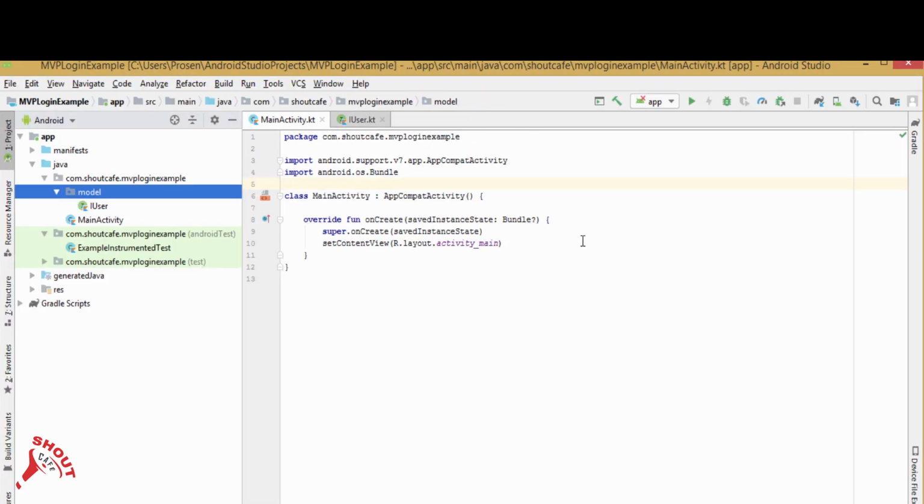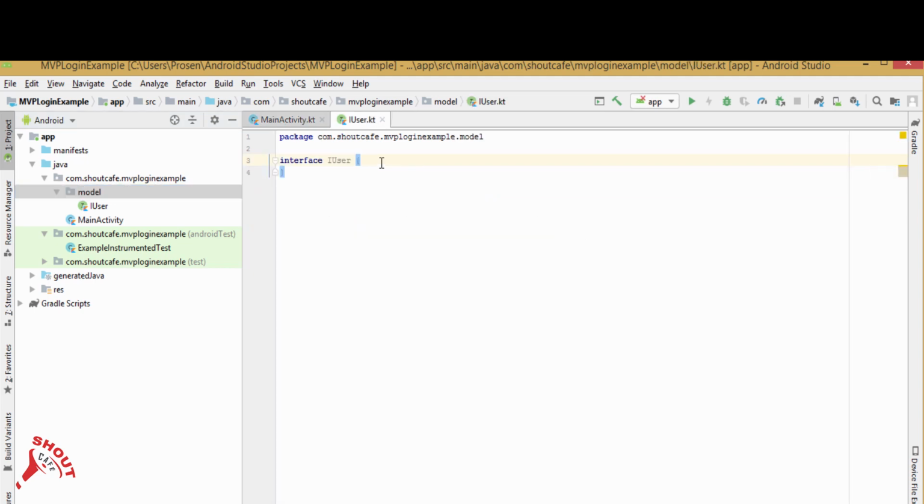Let's take an example of Model View Presenter. We will implement a login application now, which has three input fields: name, email and password. First, we will create an interface inside the model package, and within the interface IUser declare val